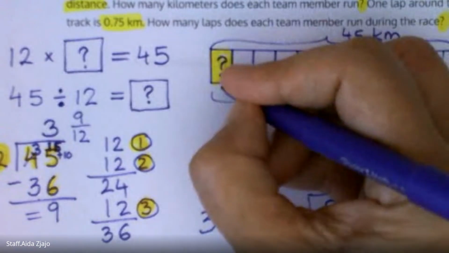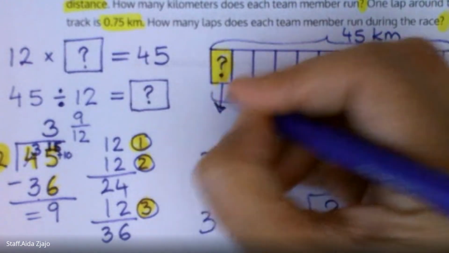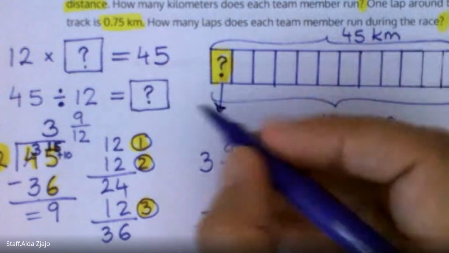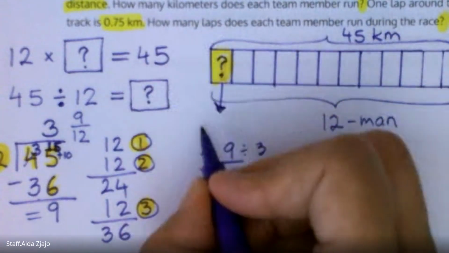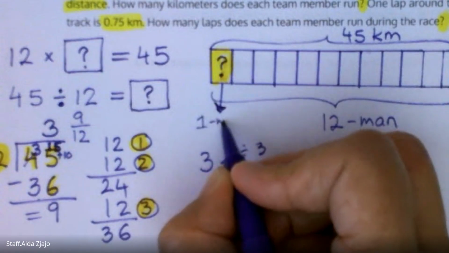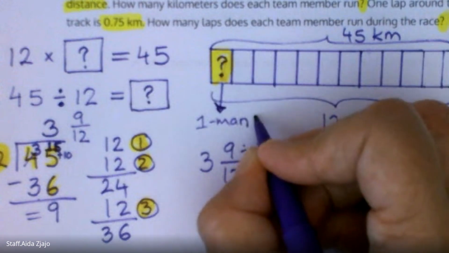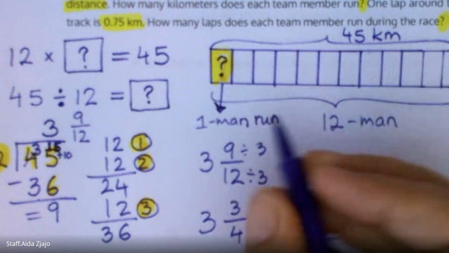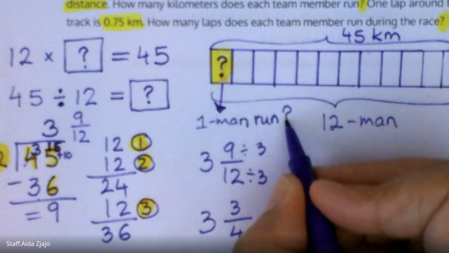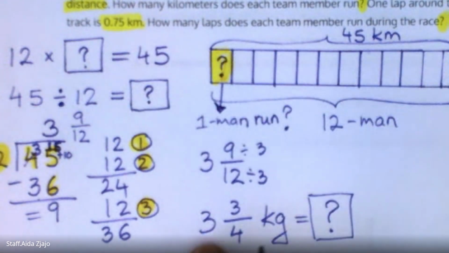So here was the question mark, how far one man ran. So that was the question mark, and that is 3 3/4 kilo